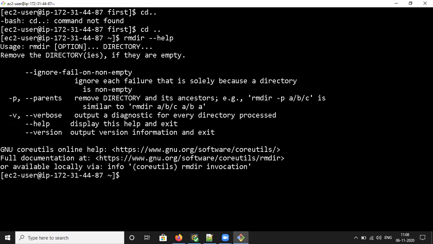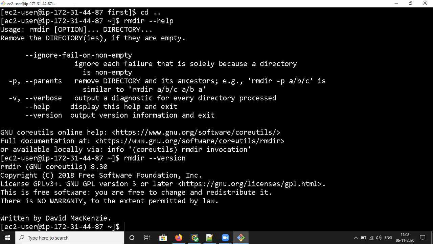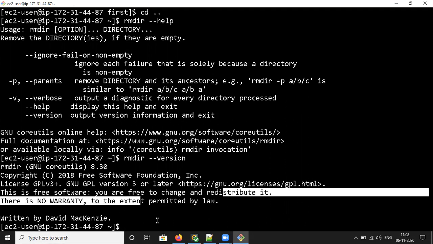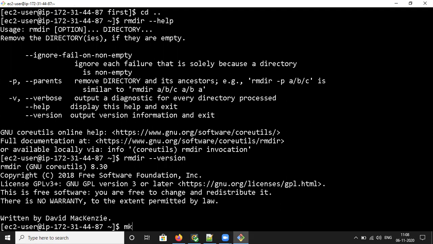Here there are also a few options: help, version, everything is there. We'll discuss rmdir hyphen version. It will give you the version related information, copyright, license and warranty. There is no warranty, to the extent permitted by the law. That's all.